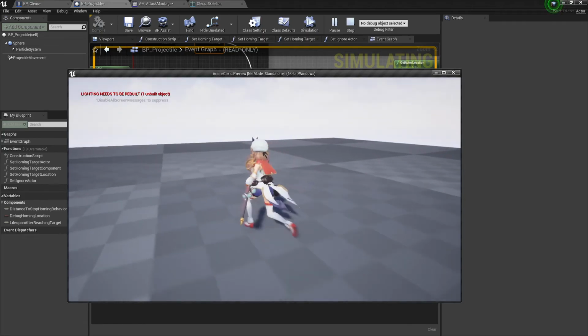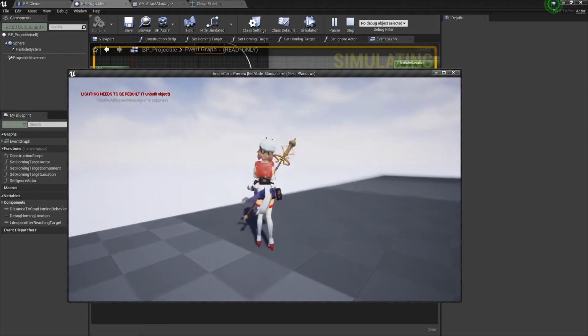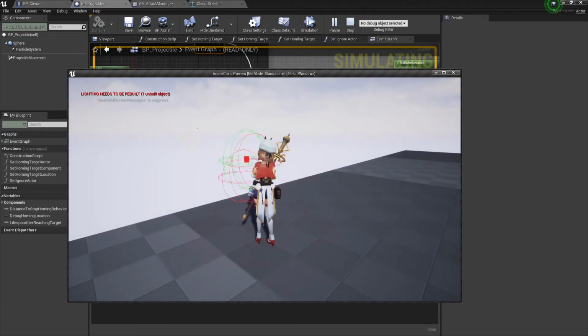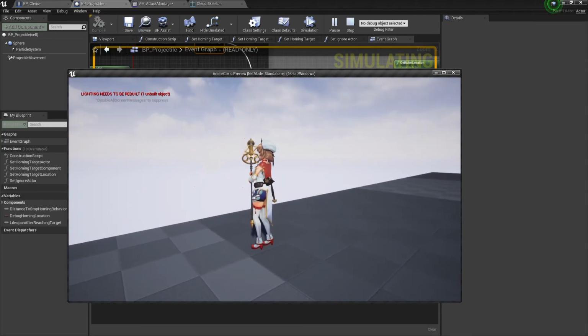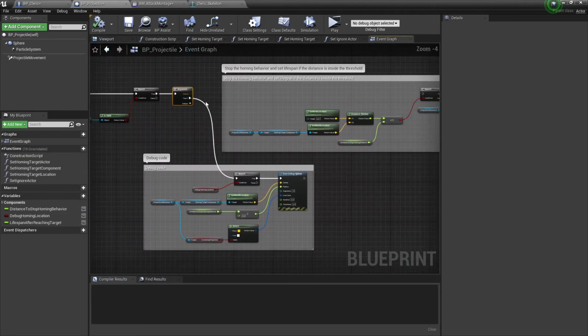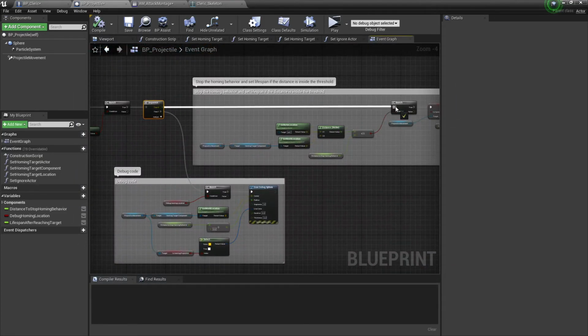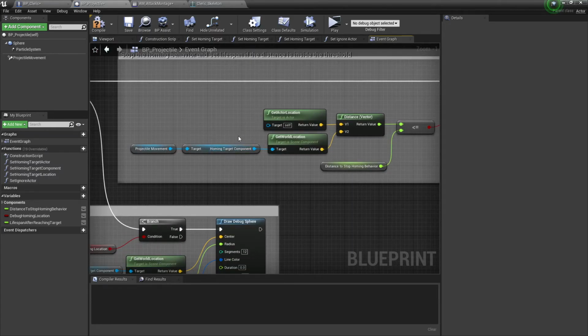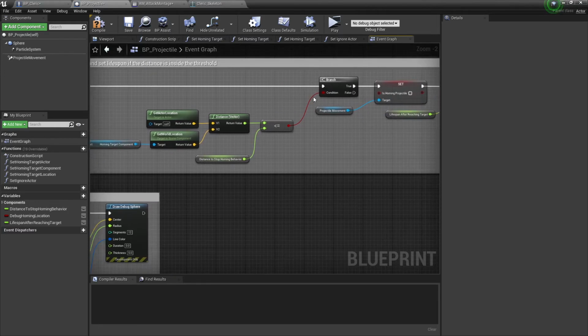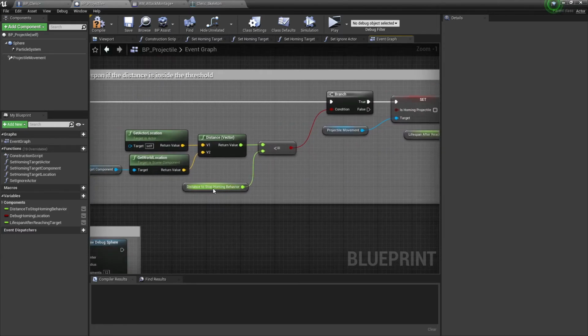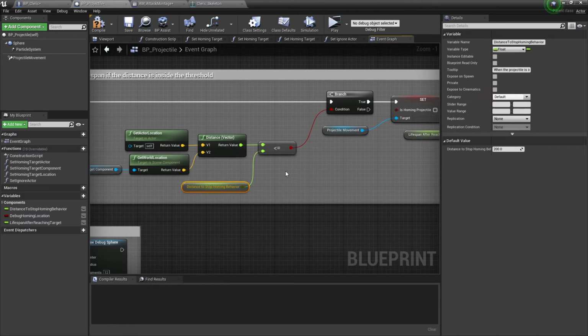So what this will do, and I hope it will be easily seen here, is that it will make the projectiles try to return. So to avoid that, I'm setting this location that was the homing target component that we set up every time we create this blueprint, and I'm checking if the distance is inside of the threshold I have set up here. This is a threshold. I could increase it,